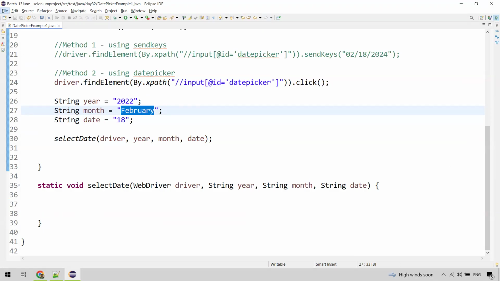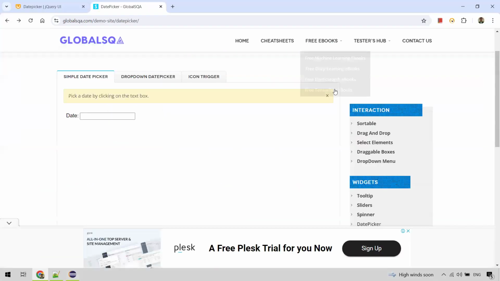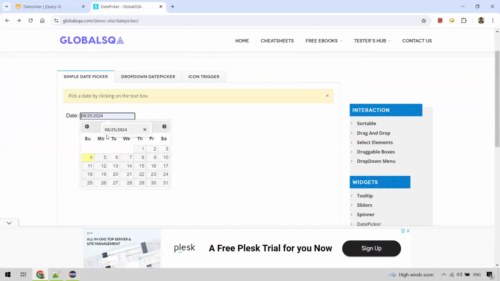If it is not, then what do we need to do? We can click on this arrow. Just assume we are automating a past date, right? So we have to click on this previous arrow. So we'll click on this previous arrow. We compare it, say for example,